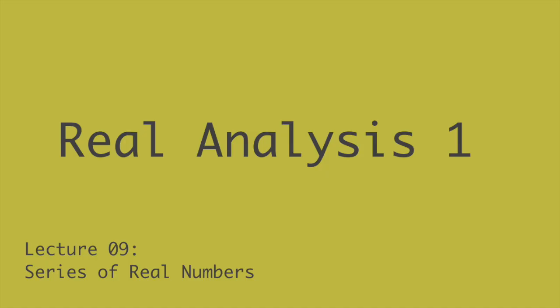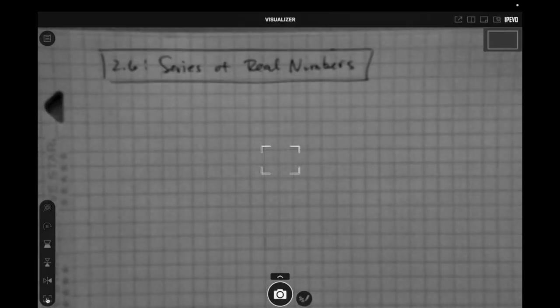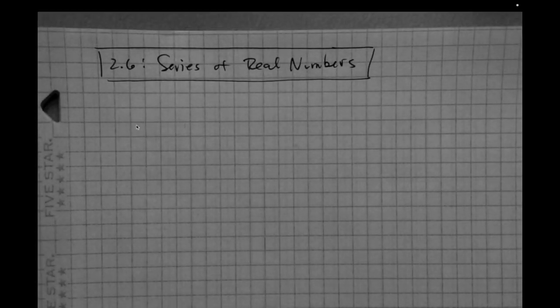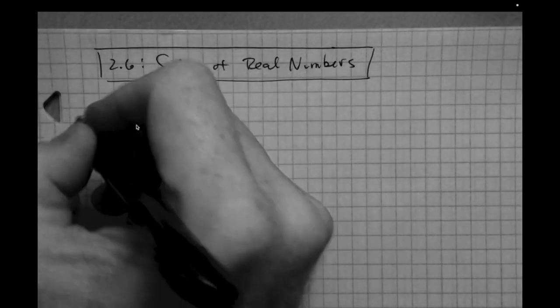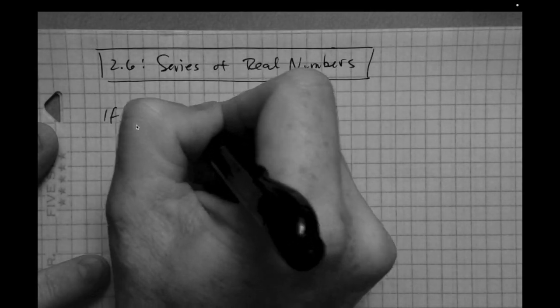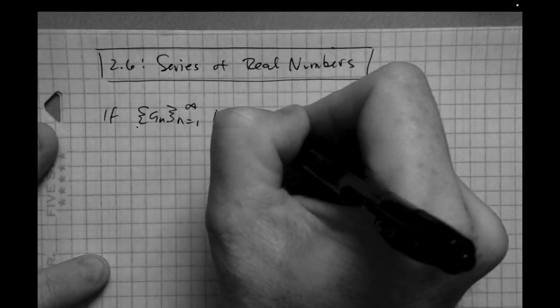So let's go ahead and jump into it. We'll call this section 2.6, series of real numbers. And let's start with just some notation, which I'm sure you have seen by this point in your math career, but in case you haven't, we'll say that if a sub n from n equals 1 to infinity is a sequence in R,